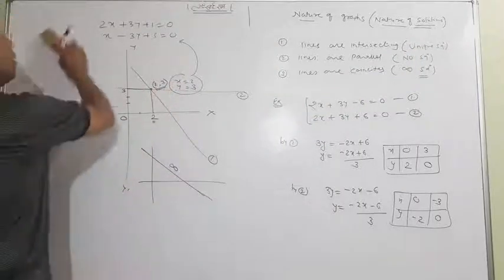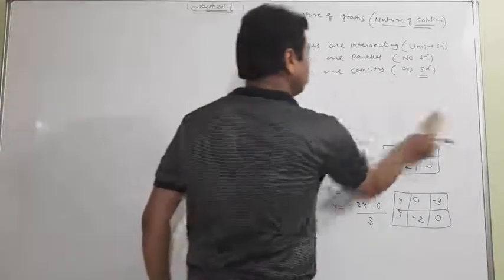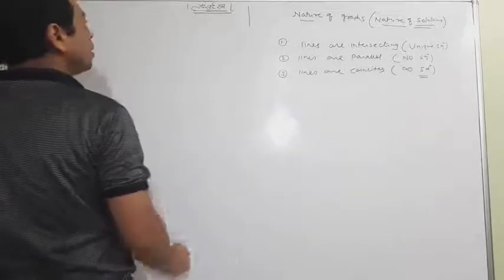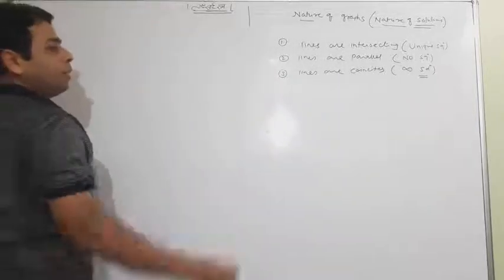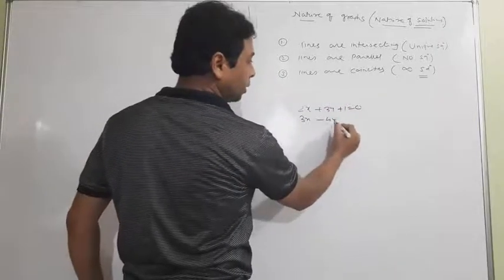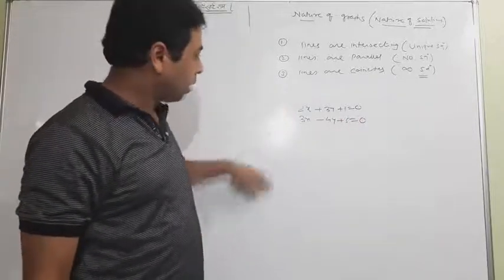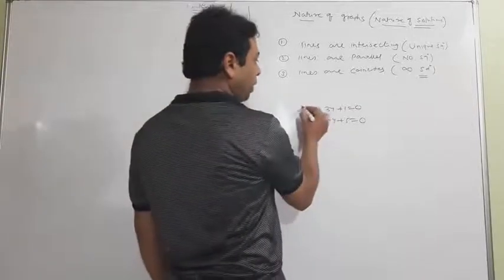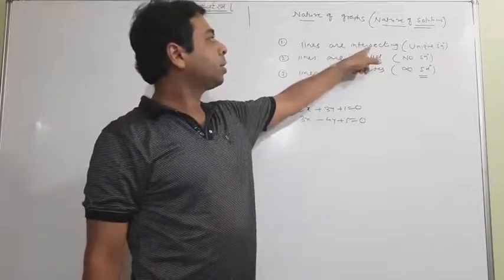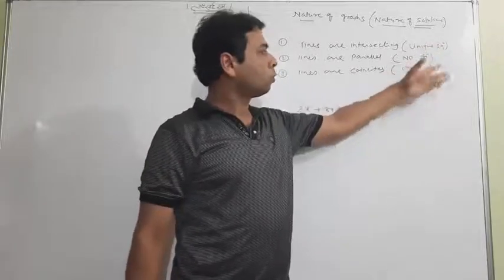So students, with the graph I have taught you the nature of the solutions also. Now I have a very important thing to tell you. Look, first two equations are given. Quickly, I will go to the next topic, and this is a very important topic for you. Suppose these two are linear equations. When you draw the graph, you will get the nature: one of them is definitely true. Either they are intersecting, or parallel, or coincident, meaning they have a unique solution, no solution, or infinite solutions.